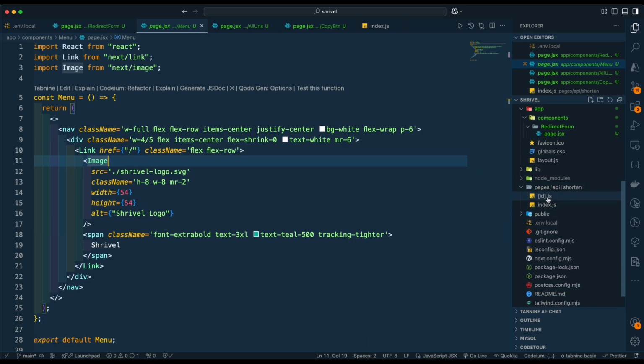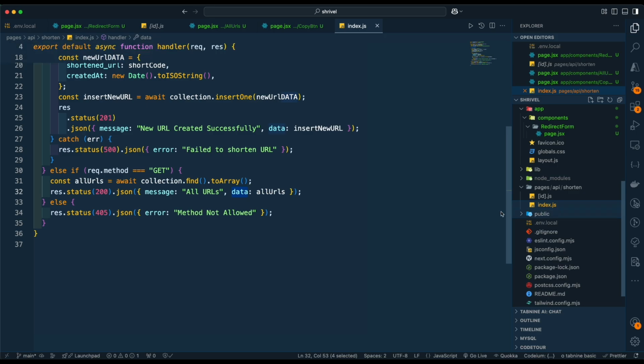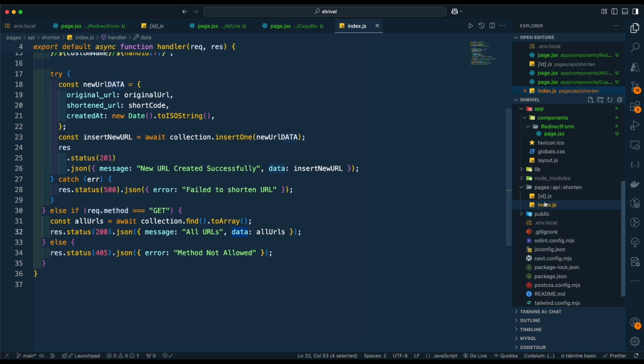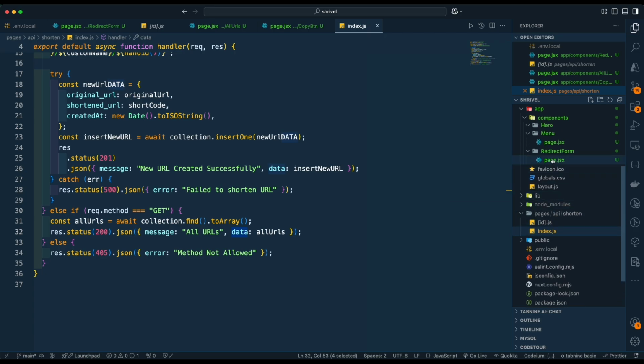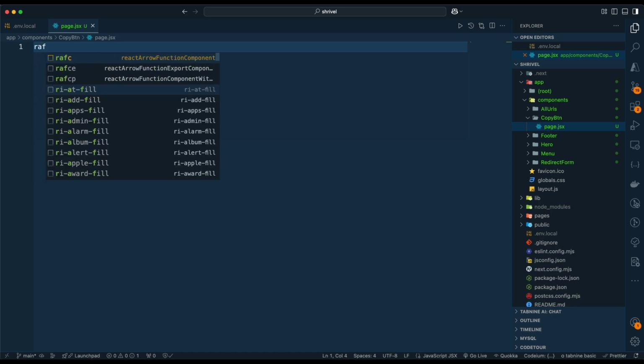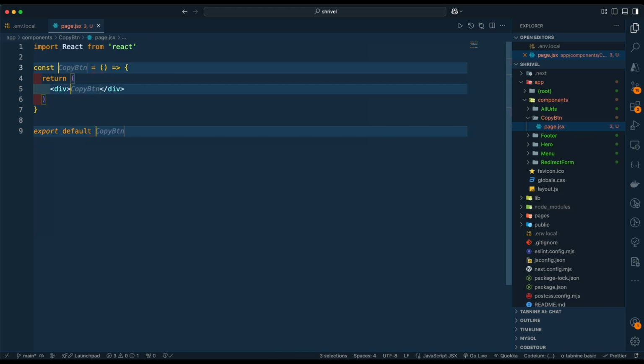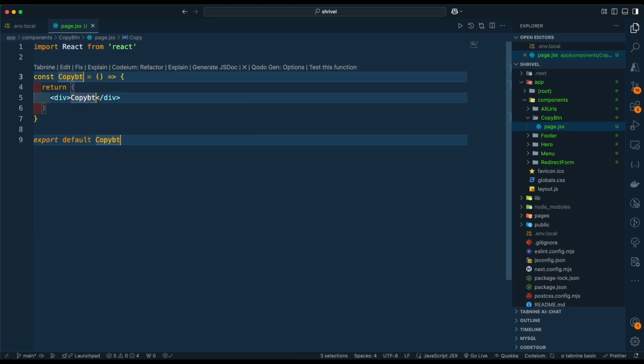However, the files that have logic in them, notice there's no HTML in here, so keep them as JS. The same thing applies to those using TypeScript. Use these as TS, and over here, make sure that they are TSX. All right. So let's go back to our copy button that we instantiated earlier on, and then just go ahead and add a React arrow function component over there,